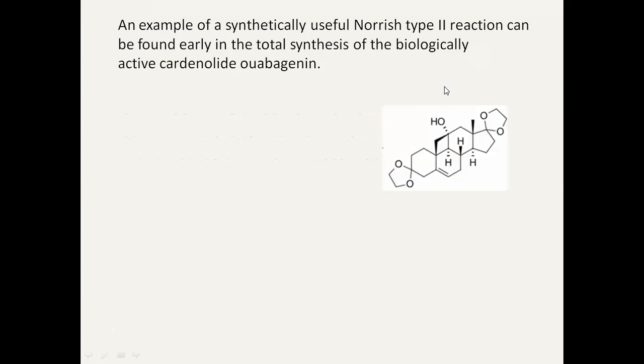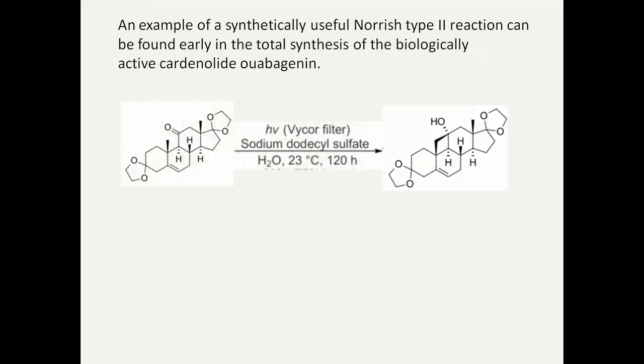See here, it's a very beautiful example of one drug. One drug is there, called cardenolide, ouabagenin. A very biologically active drug, a bioactive molecule. So how can it be prepared? You can see this very interesting example. Just examples may create some confusion, but if we have a simple approach and a clear-cut idea, the problem can be solved.